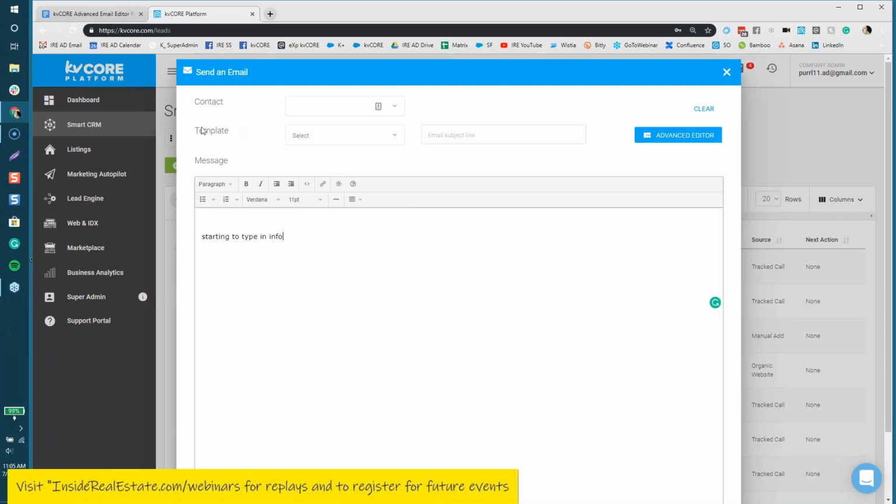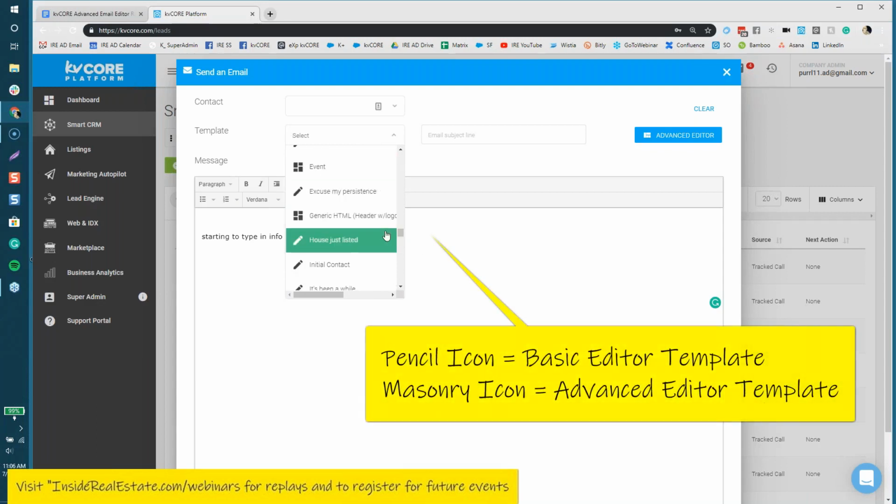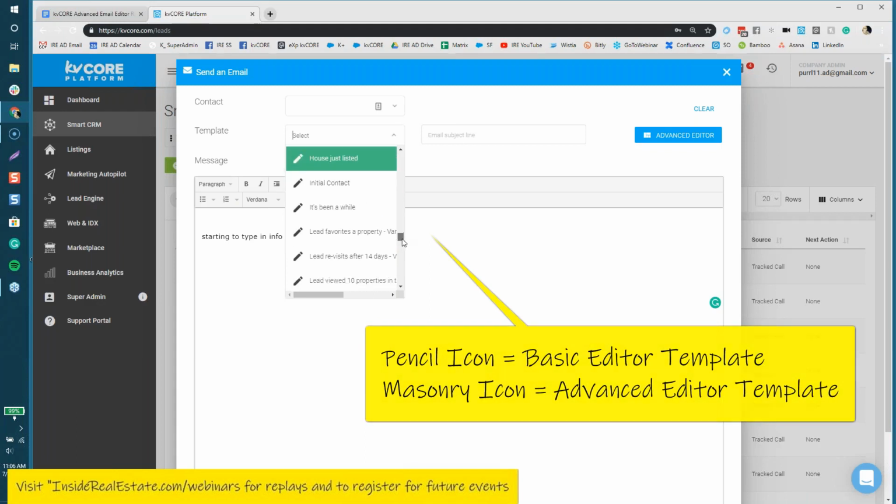You can either go into this template section, and what you're going to see here are little pencils. These are all text-based templates that, when you click on them, open up the basic editor. Or you can scroll down and you should see a little masonry tile show up. There we go. So these are actually canned templates that product built that you just have to choose and fill